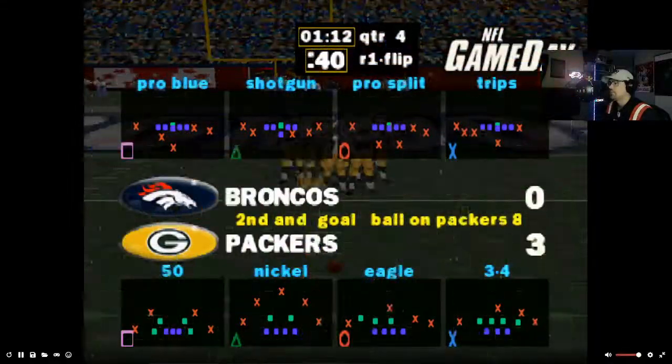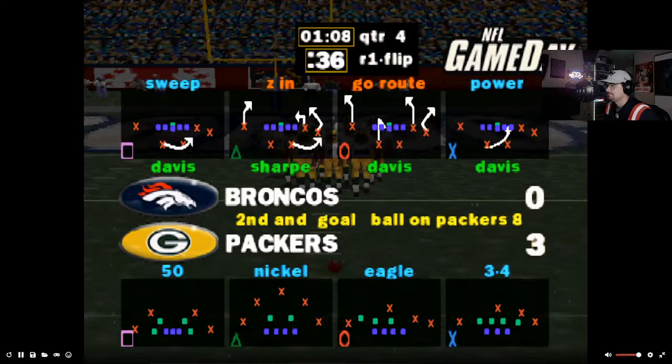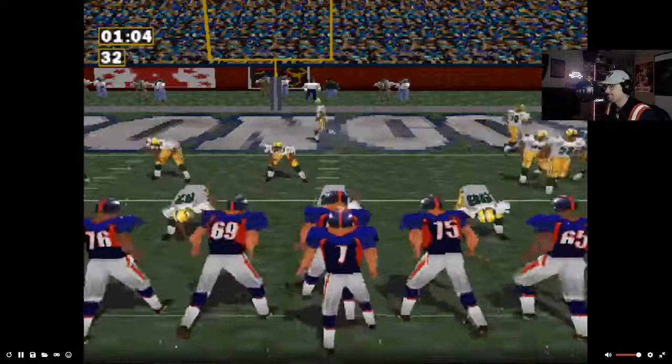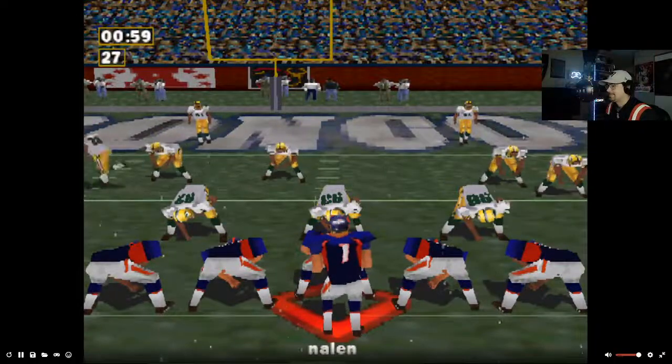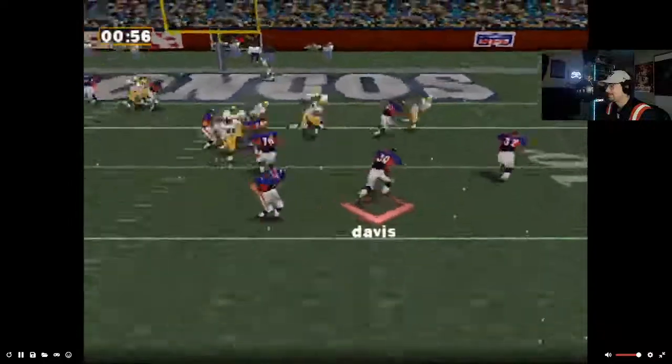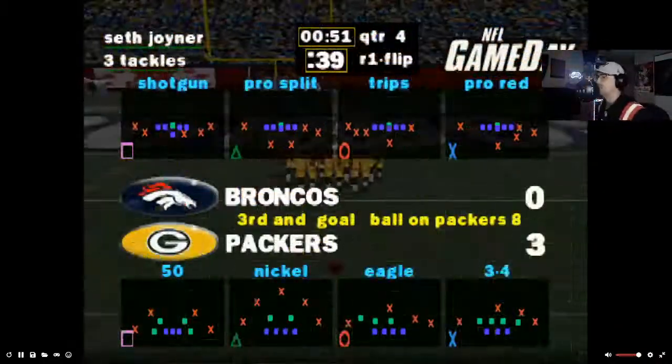Red 47. Blue 25. Loss on the play. Second and goal. Red 47. Blue 25. Hot. With the tackle.